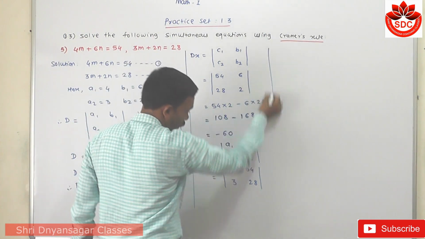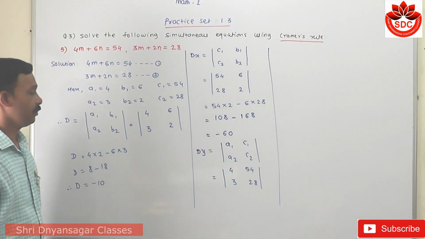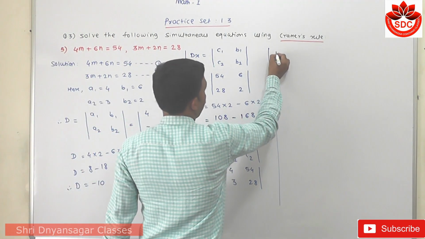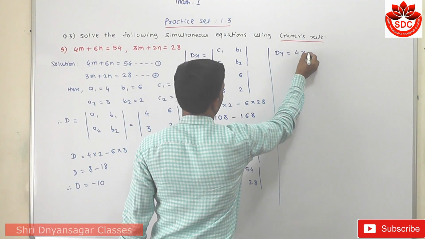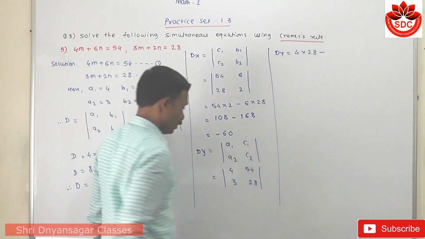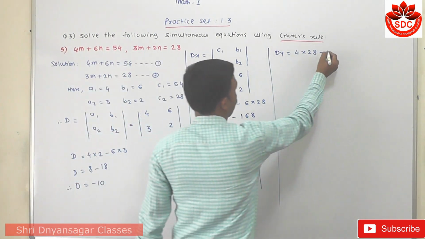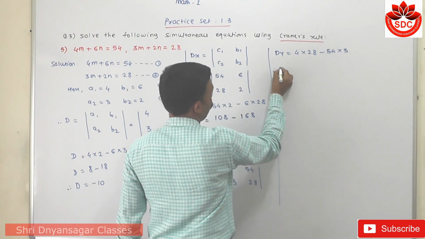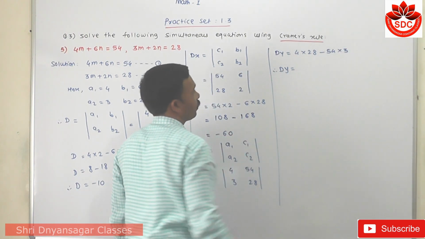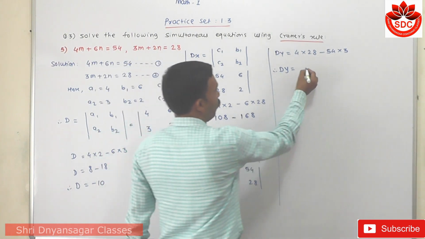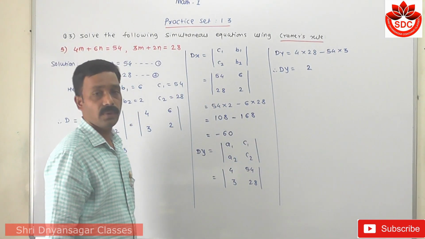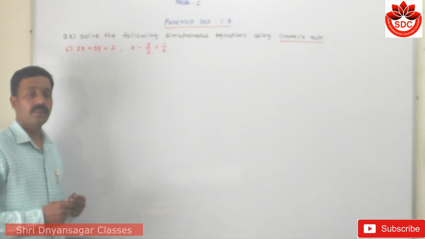Then we can find out the cross product of this: 4 into 20 minus 54 into 3. Therefore, dy is equal to 4 into 20